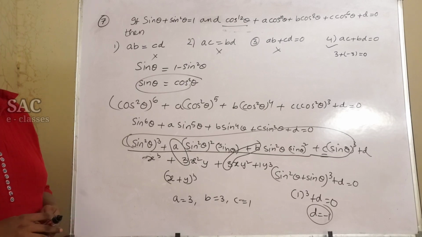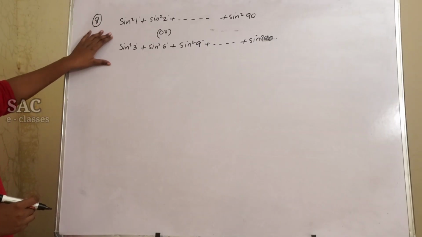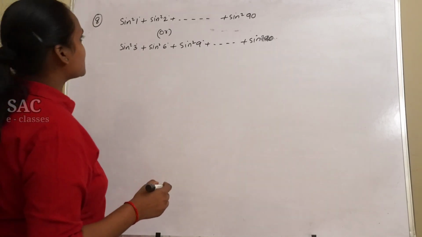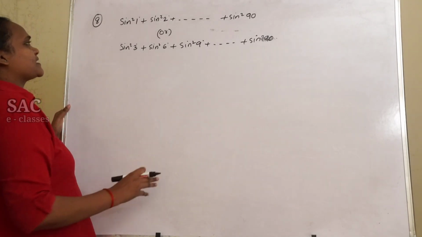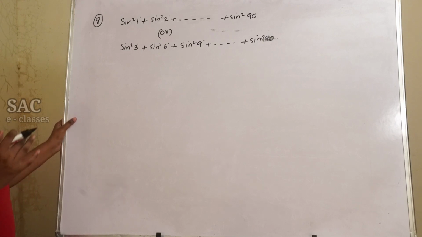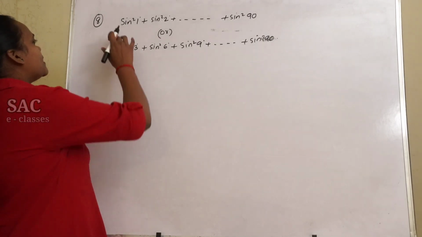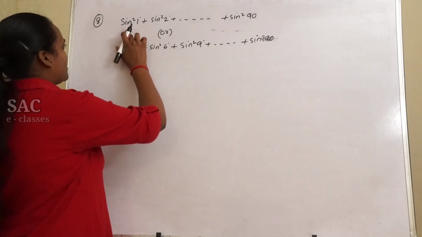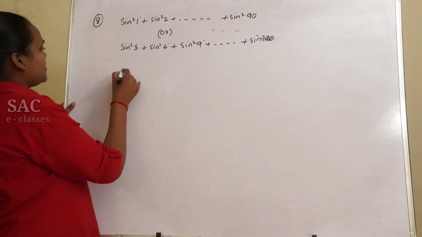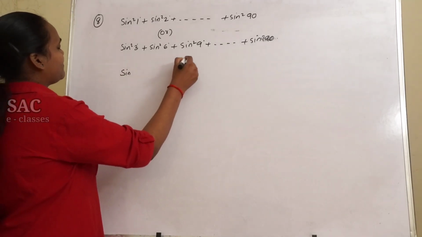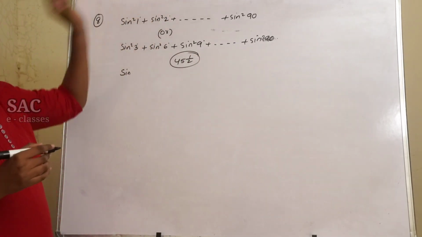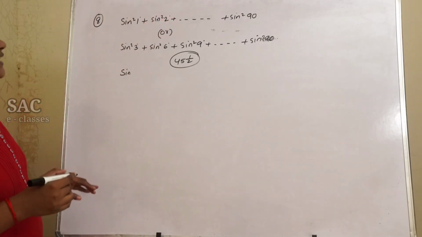Let us move to problem number 8. Now see here another important and interesting problem. It was given in MSET 2016. Sin square 1 degree plus sin square 2 degrees and so on, up to sin square 90 degrees, they have asked. If you observe, adding all the values from 1 degree to 90 degrees, first of all let me write its value is 45 1 by 2. In what way have I found this? Let me explain the usual method and what is the trick behind it.